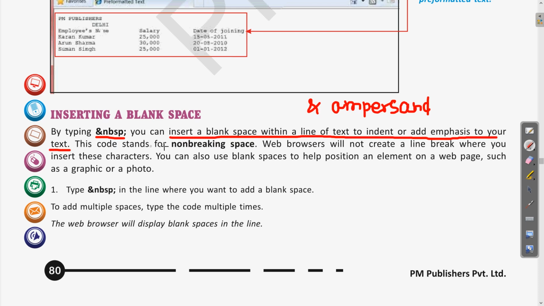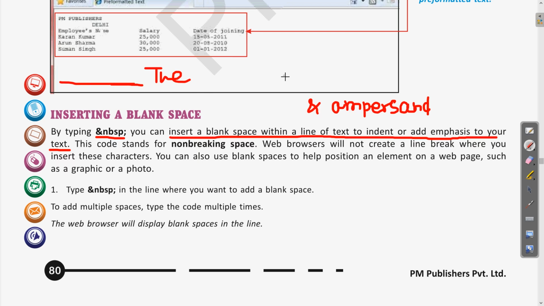So suppose we are writing some text in any line, and if you want to have some space in between, or if you want to give a space to the left of that. Clear? For example, when we start writing a paragraph, sometimes we leave some space to the left of that, then we start the paragraph. If you see something written in a book also, this way new paragraphs are started by leaving some space there.